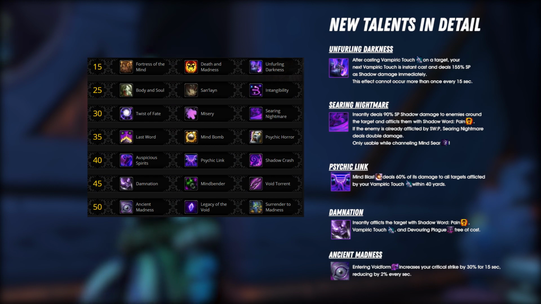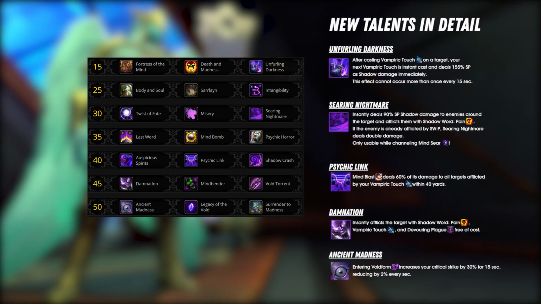Our next new talent is Searing Nightmare, which is a level 30 talent sharing its role with Twist of Fate and with Misery. Searing Nightmare is our only insanity spender apart from Devouring Plague and costs 30 insanity. It instantly deals 90% of your spell power as shadow damage to enemies around the target and afflicts them with Shadow Word Pain. If the enemy is already afflicted by your Shadow Word Pain, then Searing Nightmare simply deals double